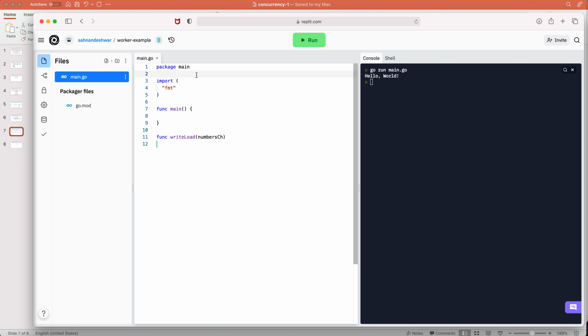Okay, so in this example, let's see if it's empty, there is nothing. Okay, that's good. Let's create that function, like func